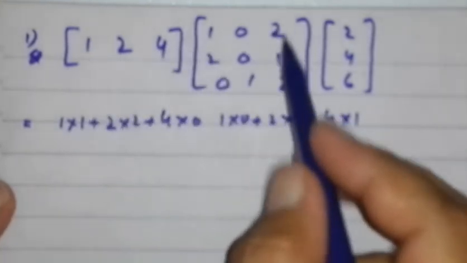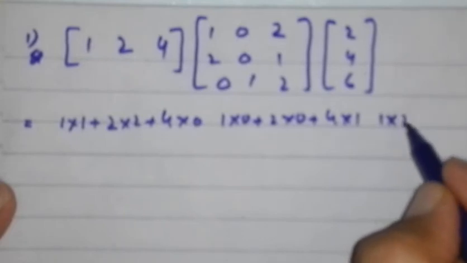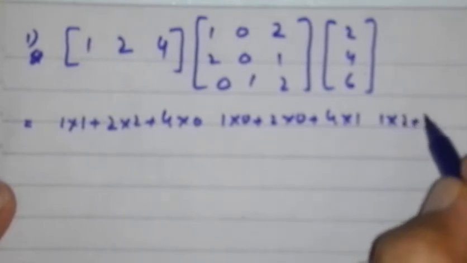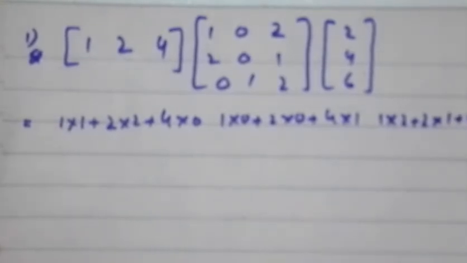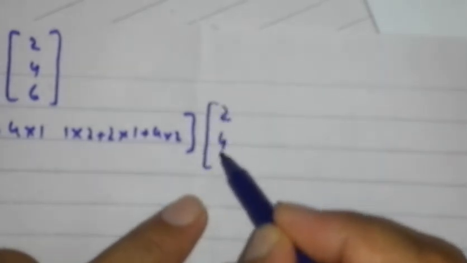Now first row with third column: 1 multiplied by 2 plus 2 multiplied by 1 plus 4 multiplied by 2. And close the bracket and write this matrix on its place. 2, 4, 6. Now look,